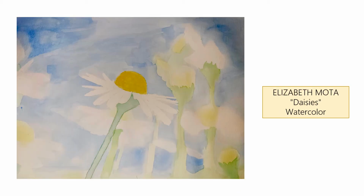Hello, my name is Elizabeth Moda. The art medium I used was watercolor. My goals for this painting were to highlight the white of the flowers and to give the background a slight blur. I think painting is a really good way to de-stress and to let yourself be as creative as you want to be